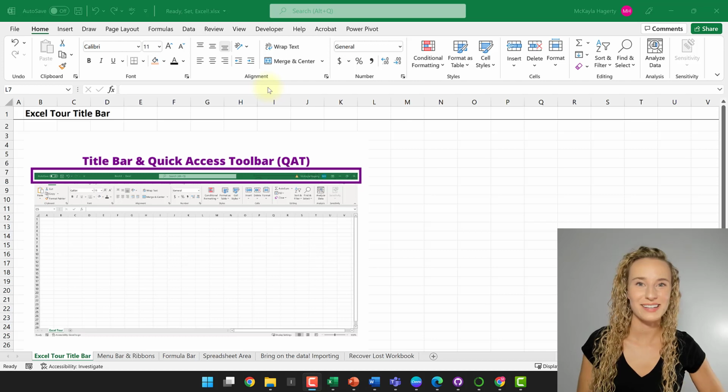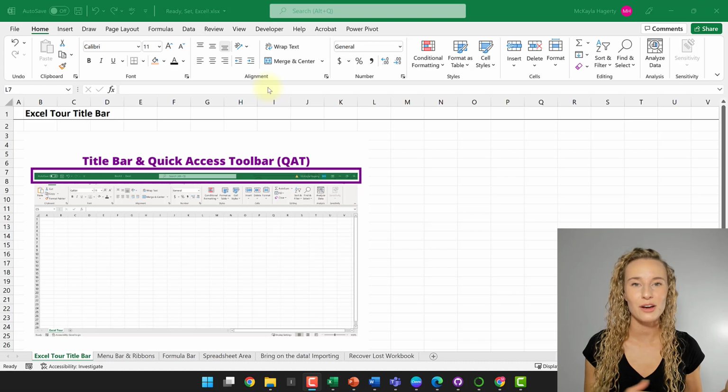Let's jump right into the Excel tour, and I know what you might be thinking. I've already been in Excel before, I know where everything is, and I get it, but my goal with this is to make sure that you and I are on the same page when it comes to Excel terminology. That way, as we go through the course together, whenever I reference something, you'll know exactly what it is that